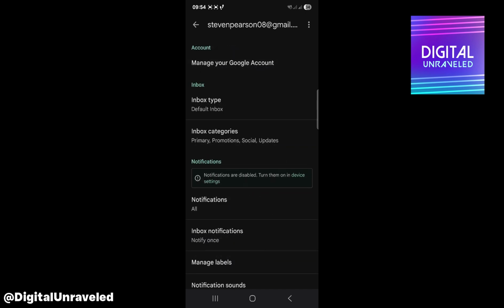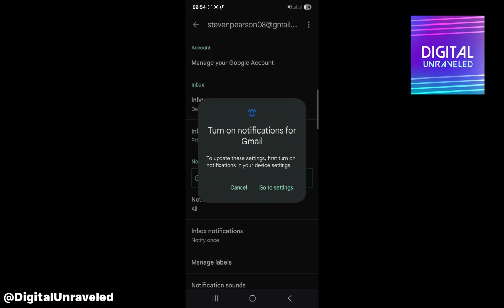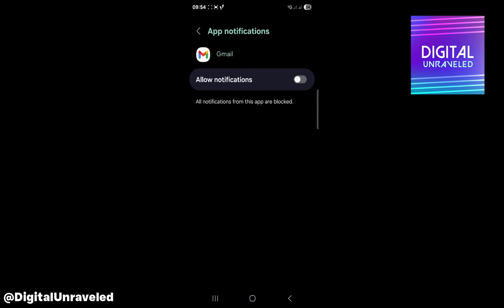Choose the account that you are working with, and then you want to go to notifications, and you want to make sure turn on notifications for Gmail. Okay, and make sure that is on. You can go to the settings and enable your